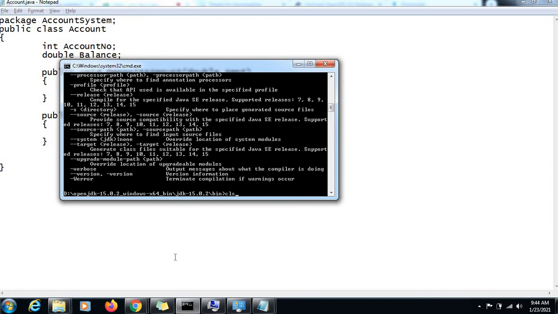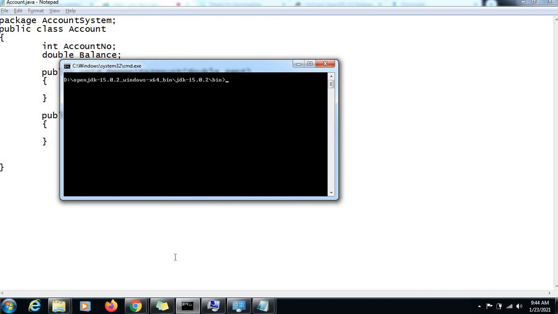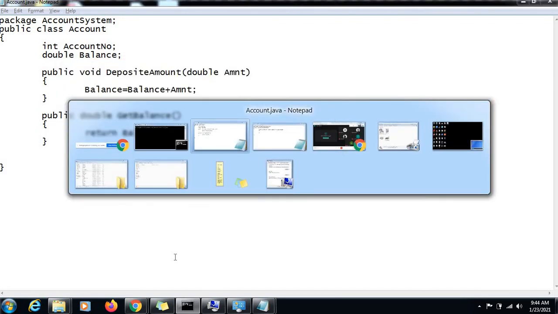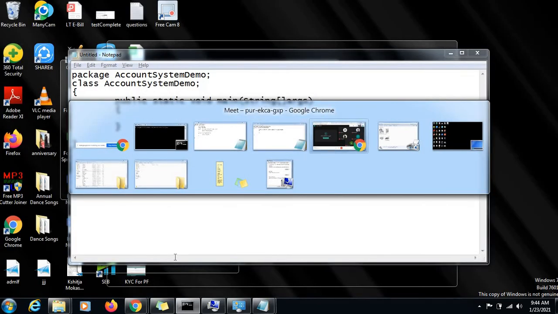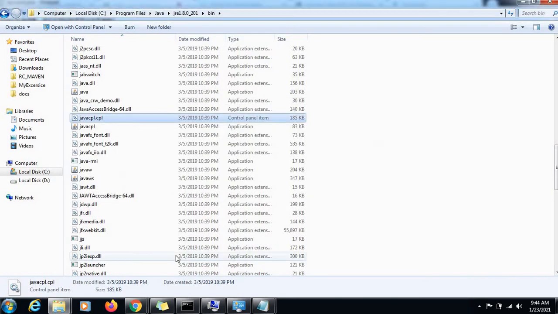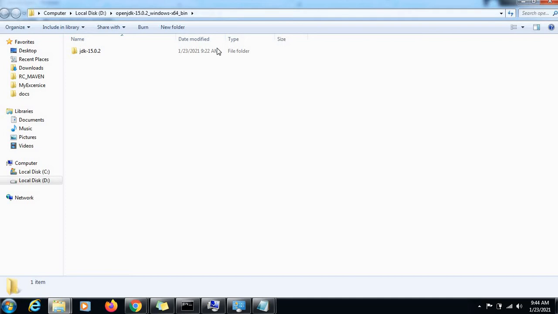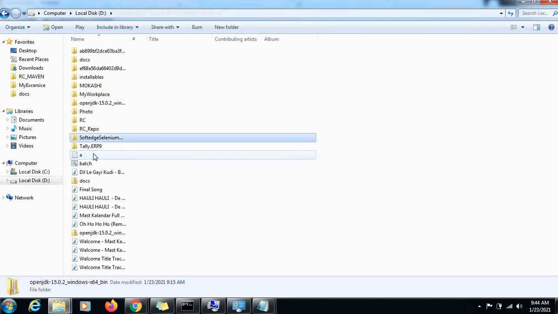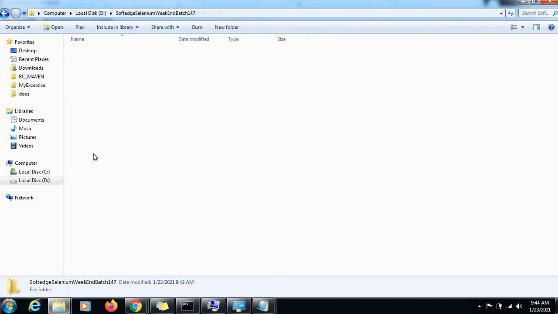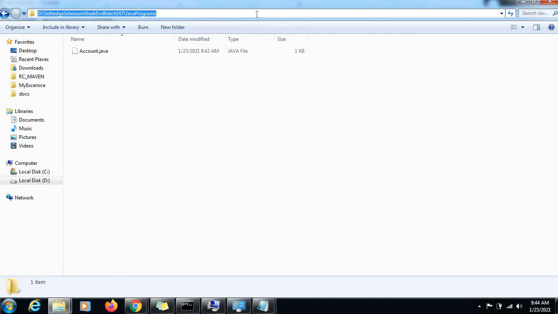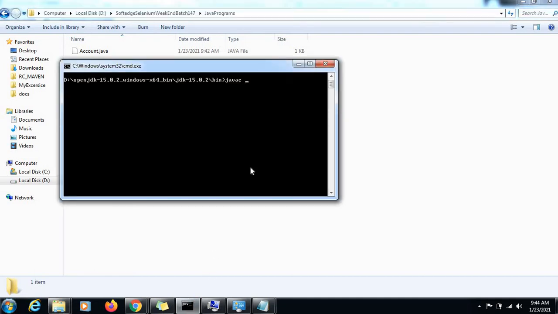So let's do the compilation. So I'll say javac space, and I'll just mention the path of my program. So I'll just go there in D colon, go inside the folder.